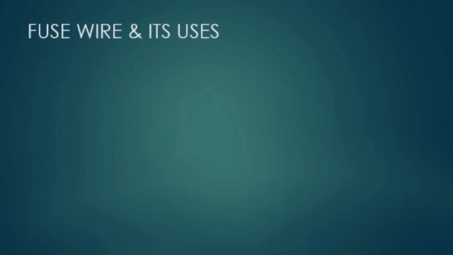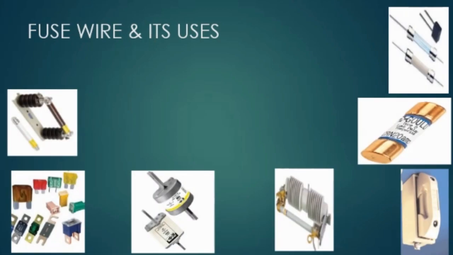Next concept that we will be studying is fuse wire and its uses. Several times we hear or read about a building catching fire due to short circuit. Do you know why short circuit usually happens? It is because of the failure in the fuse wire. I will tell you how. Sometimes if we switch on an equipment in our house, the electrical fuse wire melts and the electrical supply shuts down. See, usually these are the fuse wire that is used.